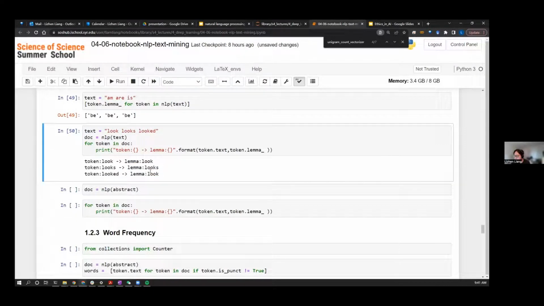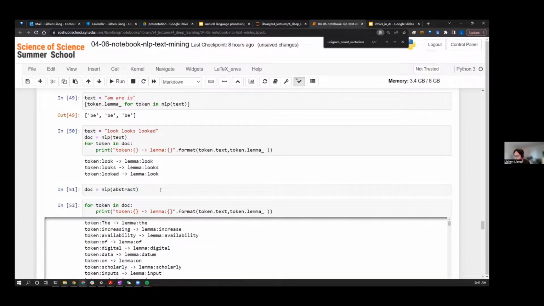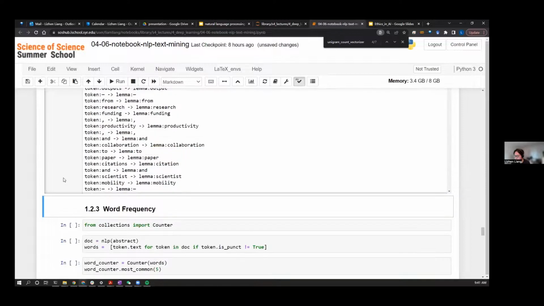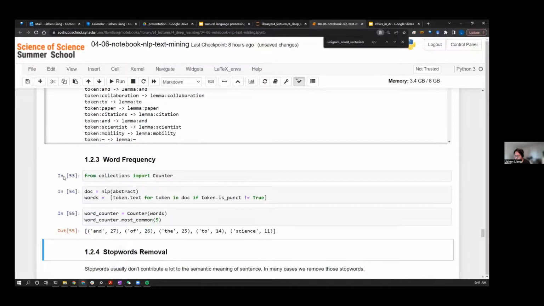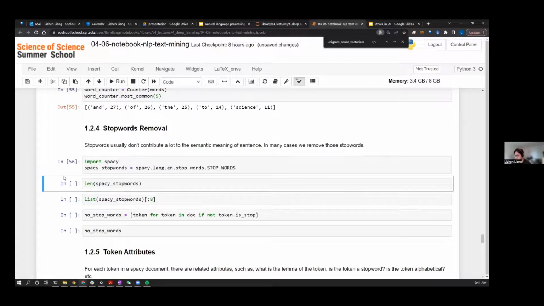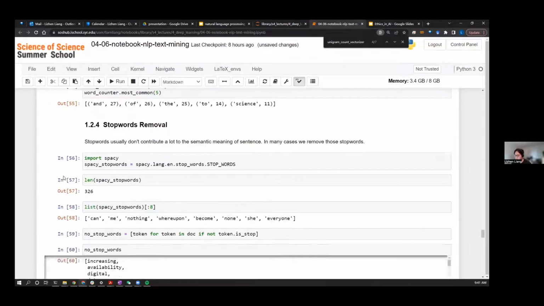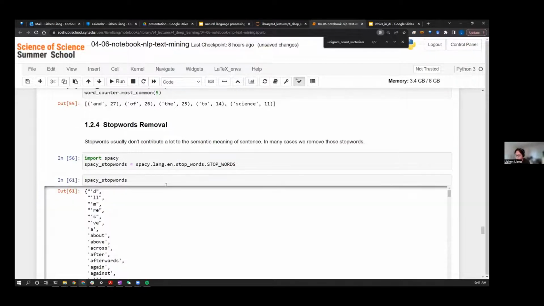Somehow it doesn't work here. spaCy also provides tools that we can use to get the word frequency of a document. We also have a list of its own stop words, and we can show what those stop words are.